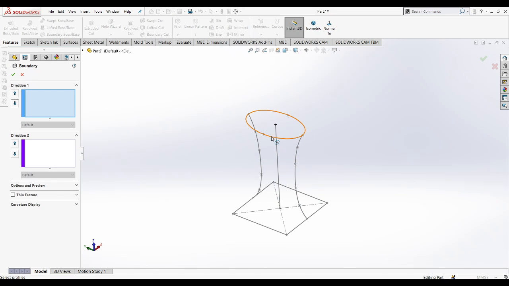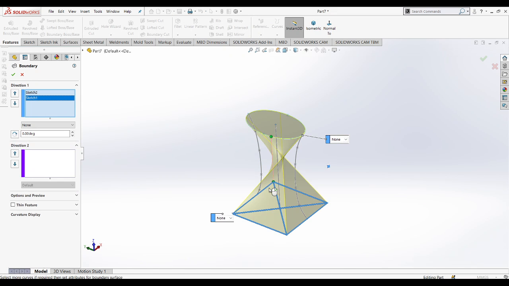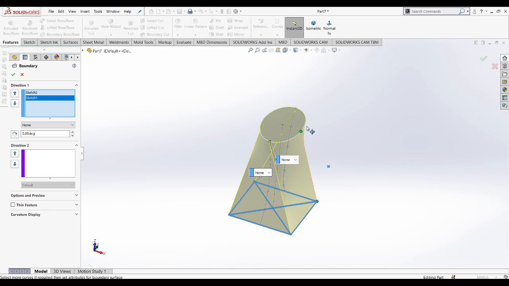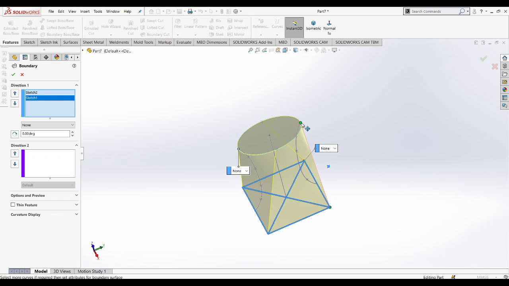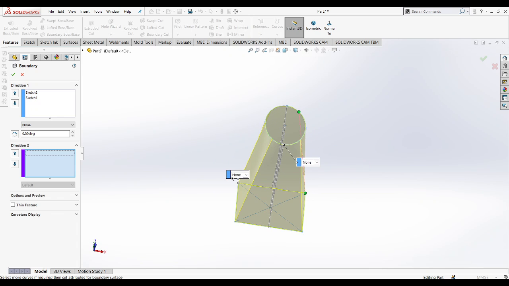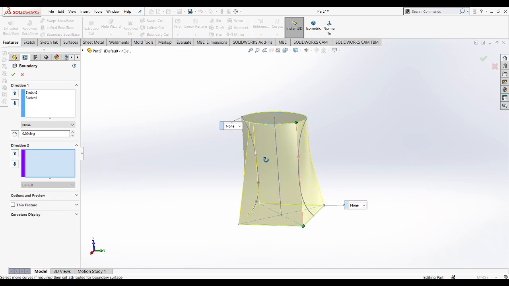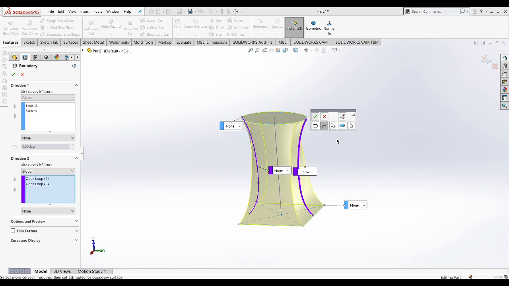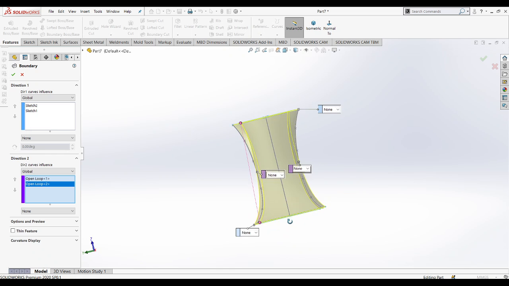And now you can see we have to first select this sketch and the second this sketch. Okay, you have to move this point accordingly in order to create a desired sketch. Now here in this you can choose the direction, you can choose this guide curves. Here also you can choose this guide curve, and in the similar way you can create a